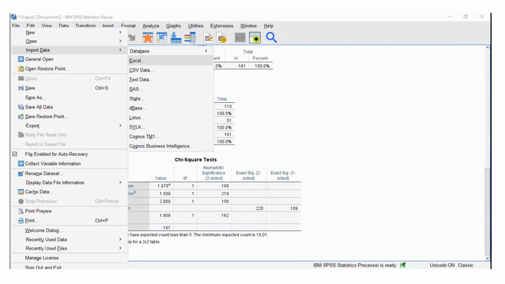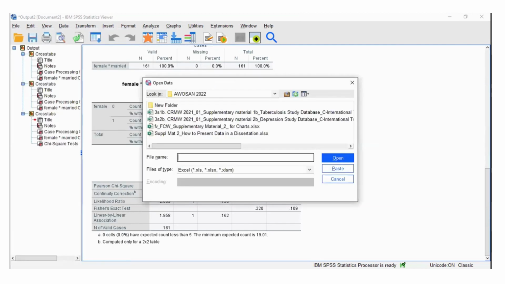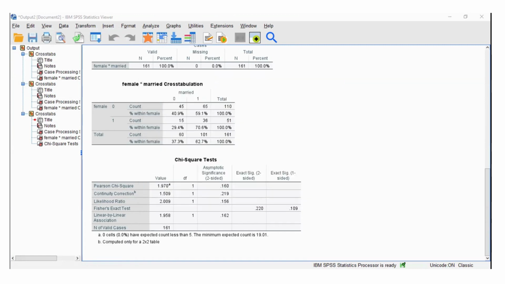And we got a p-value of 0.160, which is greater than 0.05, right? So what was the implication of that on our null hypothesis? So we accept the null hypothesis.